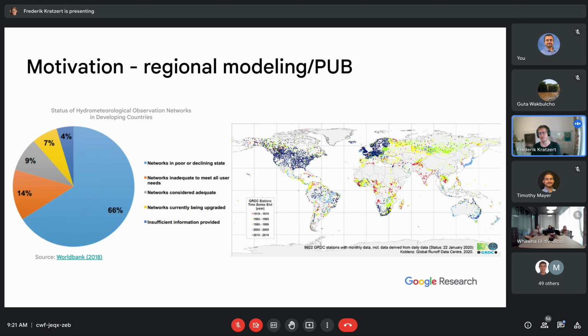And the second motivation is that what is called prediction in ungauged basins, or how good a model is at predicting in a river that it was not trained for, is also some kind of a holy grail in hydrology. And the International Association of Hydrological Sciences actually dedicated an entire decade to solve or advance this problem.